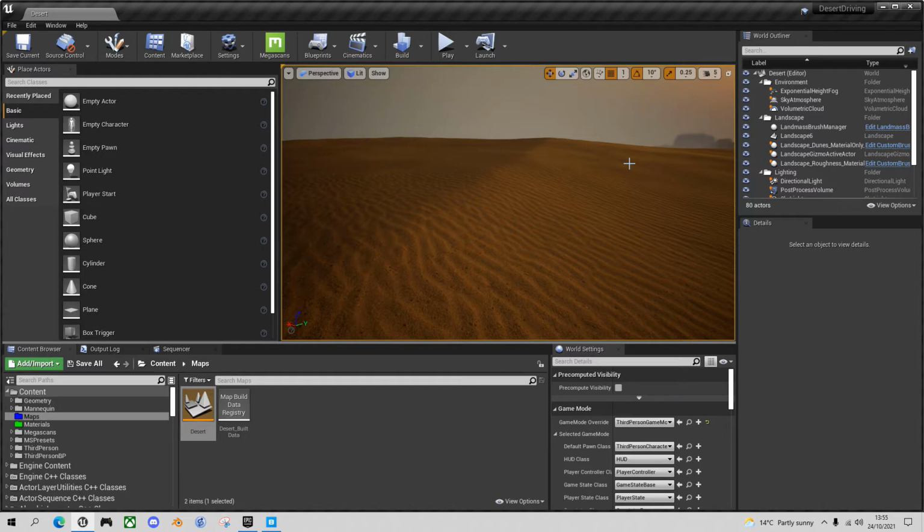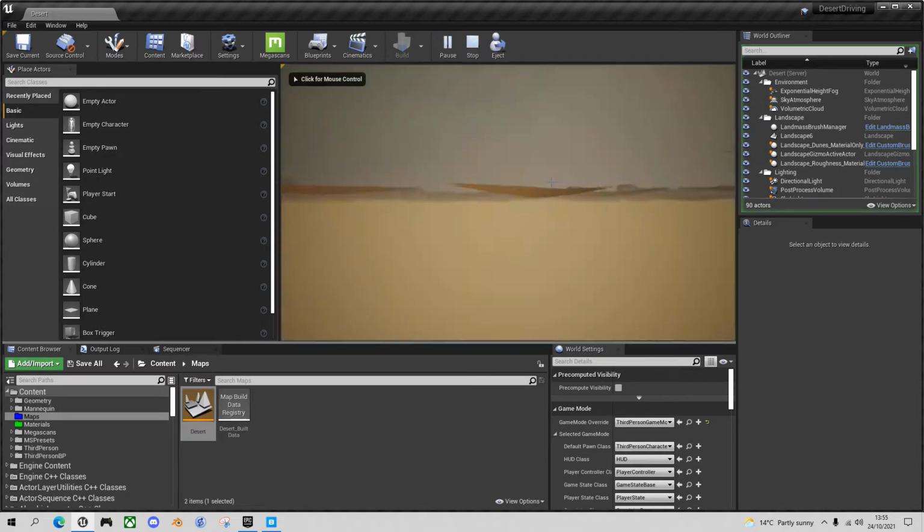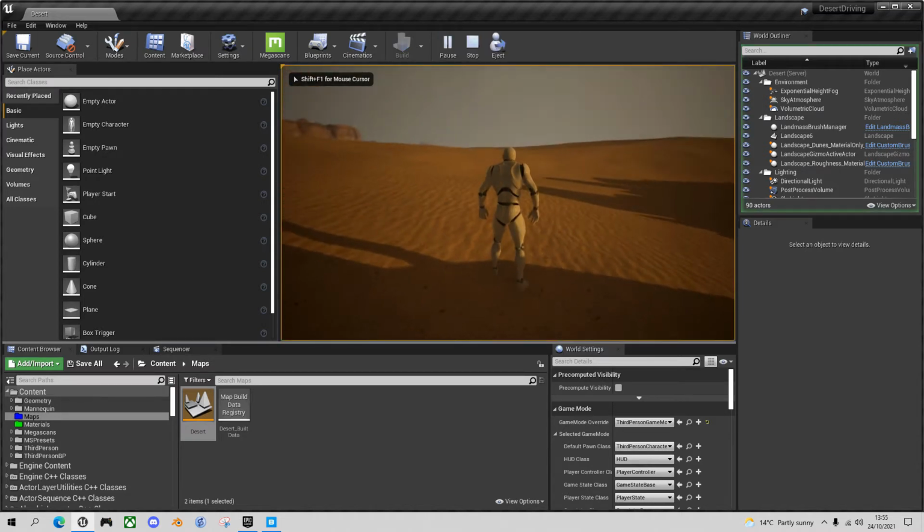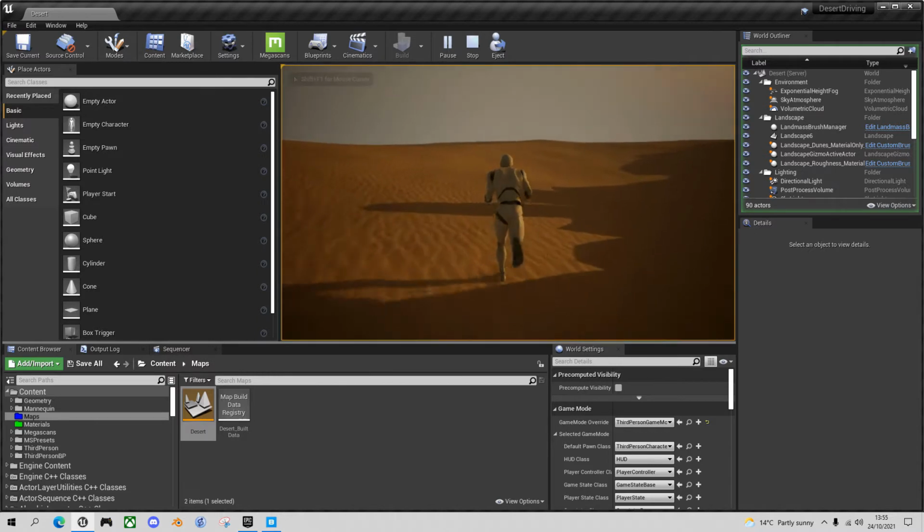So you can start with any landscape you like for this, but in an earlier tutorial I showed you how to create this desert landscape. You can see the link in the top right corner and in the description. If you follow that tutorial, you'll end up with the desert dunes that you see in my viewport here. That's the starting point. And if you did follow that tutorial, you ended up with a desert with a mannequin you can run around